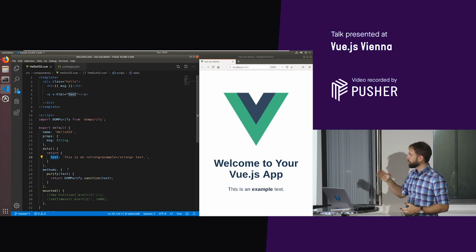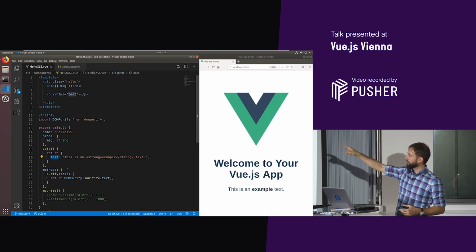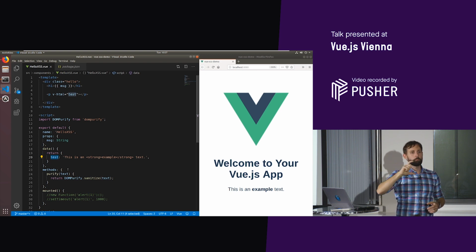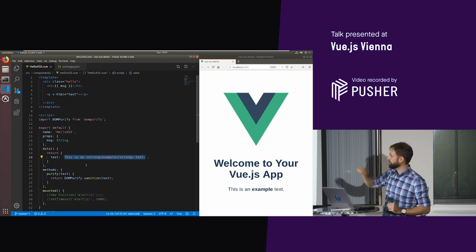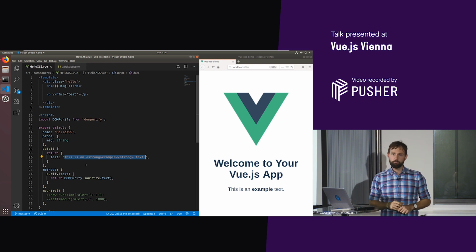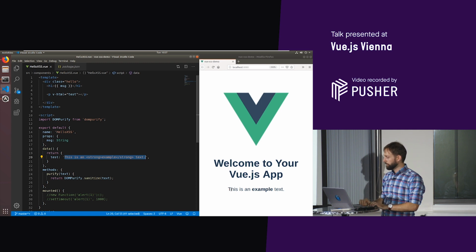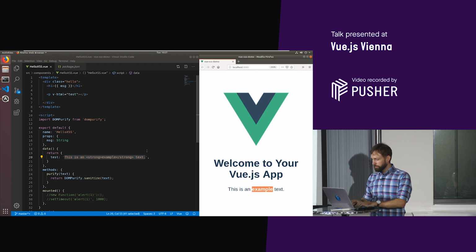Okay? So it is important that when a value that falls into v-html is controlled by an attacker or another user. Just let me show you an example. We have created a little text here that contains such formatting. It contains a strong text, and if you look at this side over here, you can see the example where it is bold. Okay, let's just try out what happens if I say, for example,